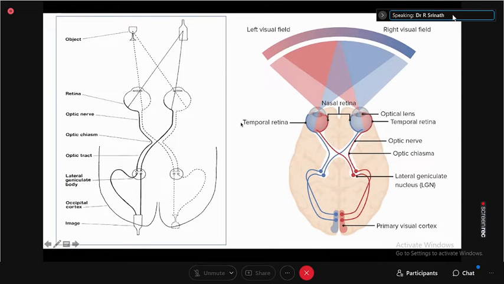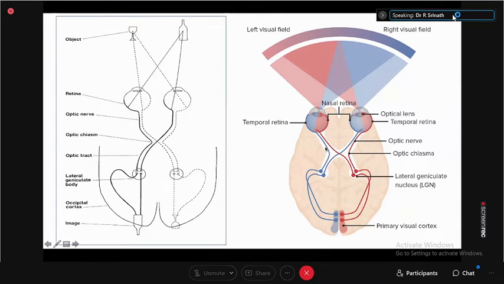So this is just a little bit of revision of physiology and anatomy. We all know that the object which is shown has got two fields. The object itself has got a nasal field and a temporal field. And once it comes to the retina, that crosses on the opposite side. But eventually what happens, the nasal field will actually be going on the same side because of the double crossing. And once from the retina, it goes along the optic nerve,